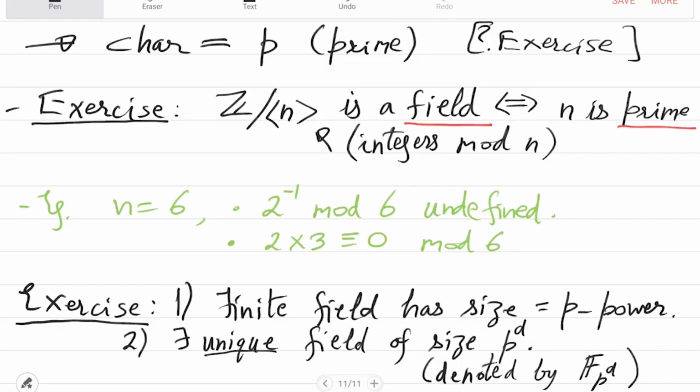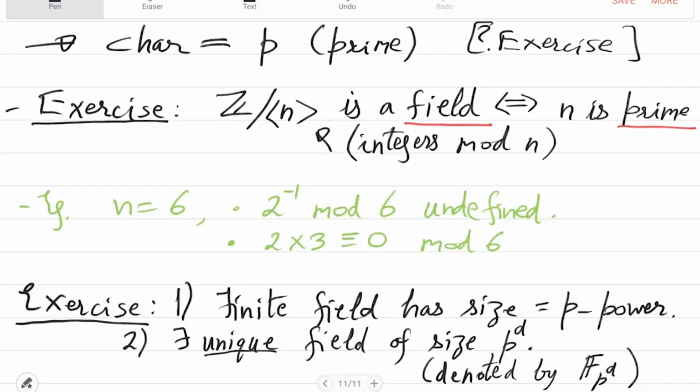One interesting consequence of uniqueness is that no matter which degree d irreducible polynomial you take mod p, the two fields you will get will be isomorphic. Okay, that is quite a non-trivial fact. So all those things you will see if you work out this exercise. These are very standard properties. Any questions at this point? If you have any fundamental questions, then you can ask about these properties. Otherwise, I assume that you will do the homework.